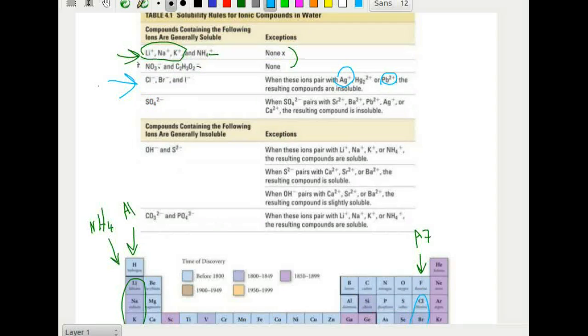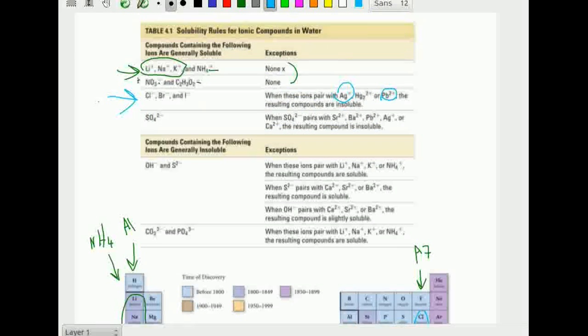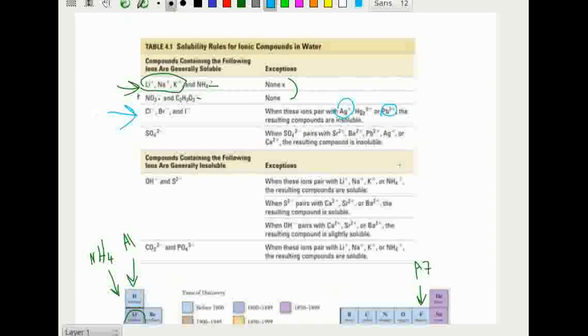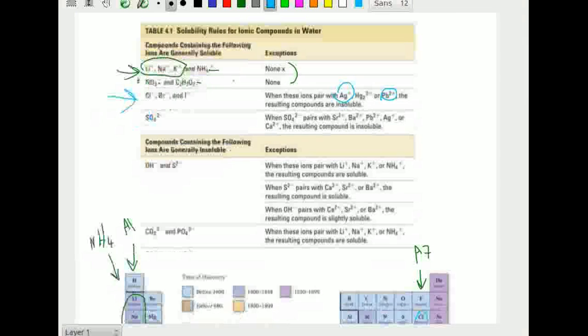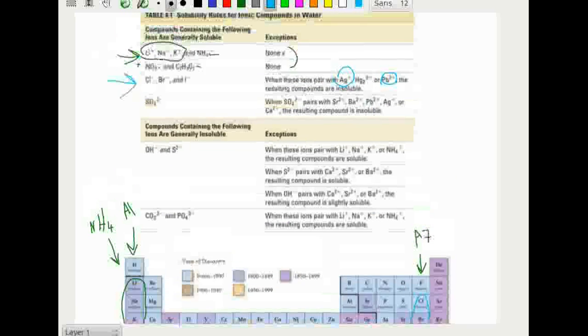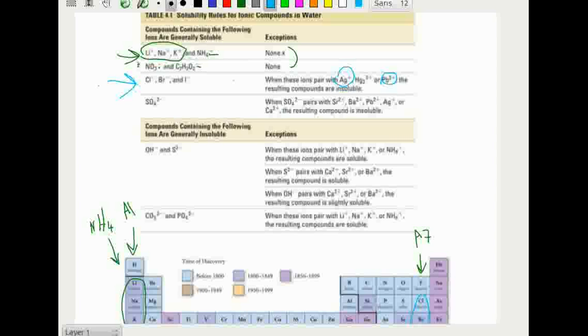So again, we have 2 columns, A1 and A7, and we are focusing on them. We checked the charges: -1 for both of them here, no exception, and +1 for the first column. If we're able to categorize it, it will be soluble with no exception. So moving to the fourth one,